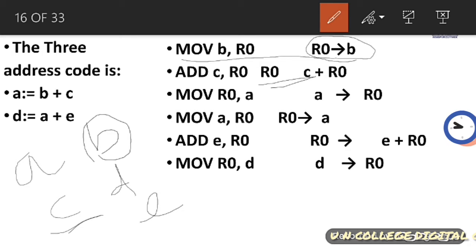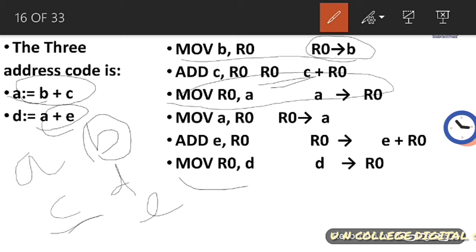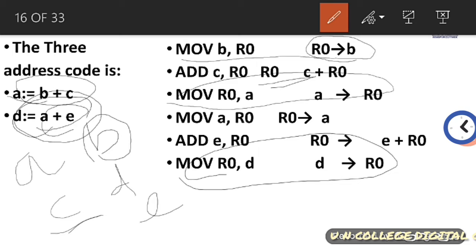Then we are moving R0 to A. Okay, it means that after this statement we have executed this one, A equal to B plus C. Then move A, R0. It means that again R0 will contain A. Then add E, R0. It means that E plus R0. R0 is containing A value and we are adding E to R0. It means that we are just using this statement, not the whole one. Then finally we are using these statements, and in this way we have calculated this one, but